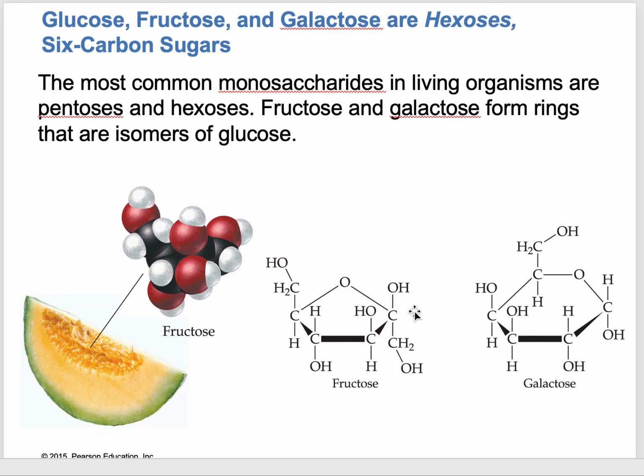Now, naturally, fructose is going to be up, and galactose is going to be down. And glucose is always going to be down. So alpha for both. Remember this one right here, the OH all the way on the carbon, all the way on the right. It's carbon number 1. It's down, it's alpha. Okay, if it's up, it's beta. So that's beta.